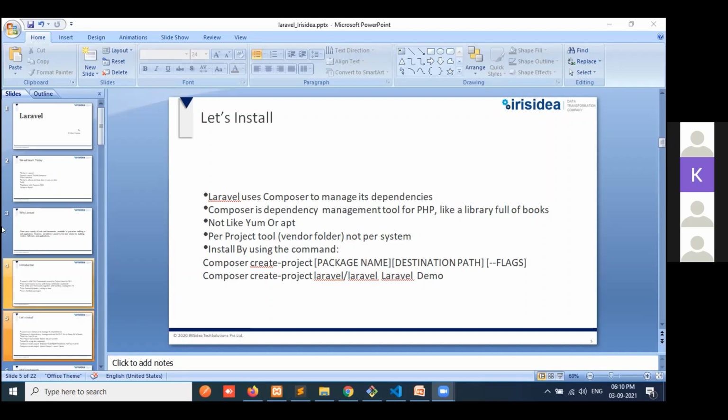For that purpose we use kernel files. Okay, got it.